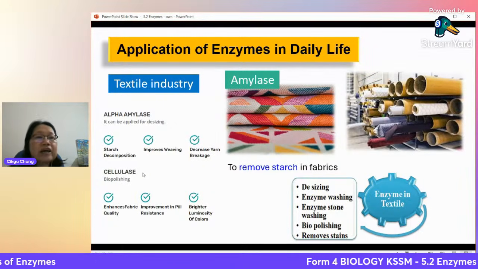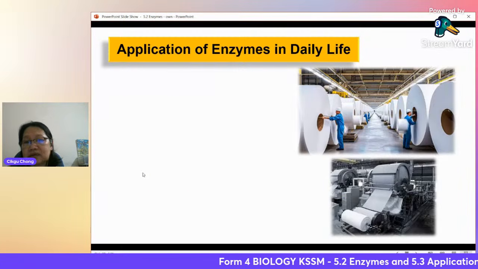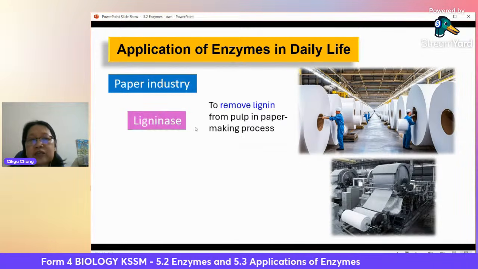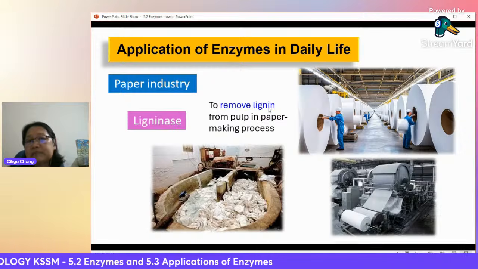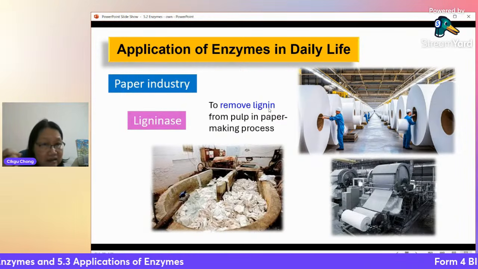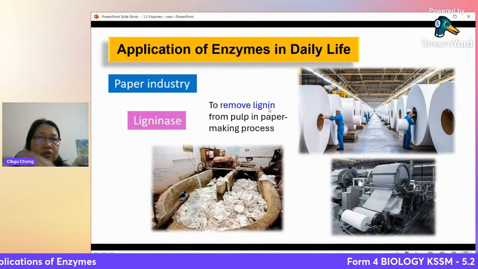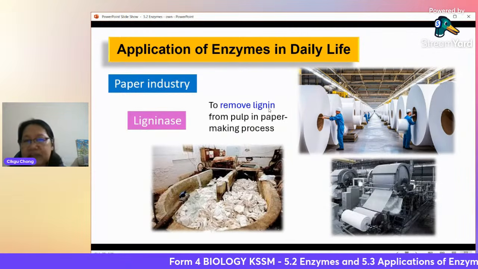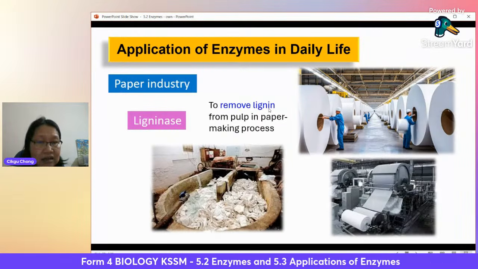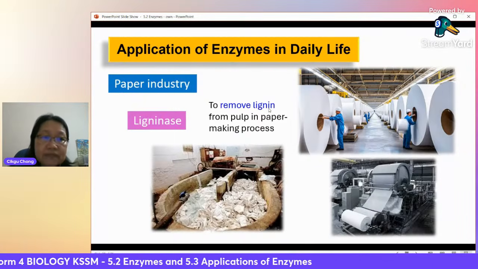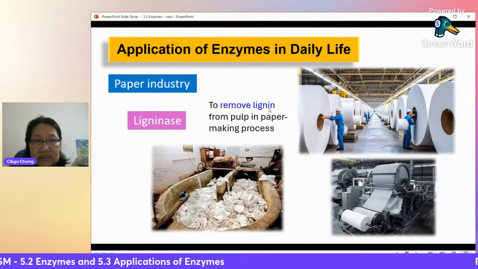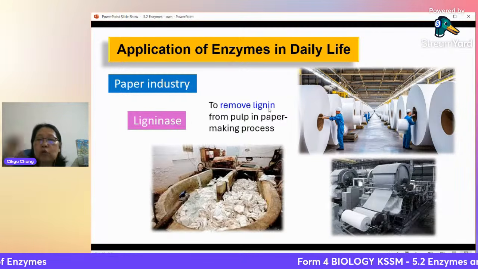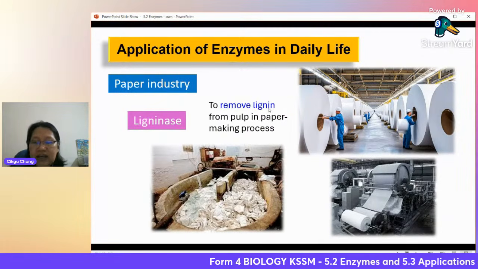All right. Okay, lastly, in making paper, the paper industry, see here, right? You need to remove the lignin. Lignin is a substance that makes the wood hard. You need to sort of break down all the pulp there. You get all this mushy stuff, but there's lignin there. Lignin will make it very hard. So you have to break down the lignin by using ligninase in the paper making industry. Okay, I say rolls of paper that's soft. All right, so that's